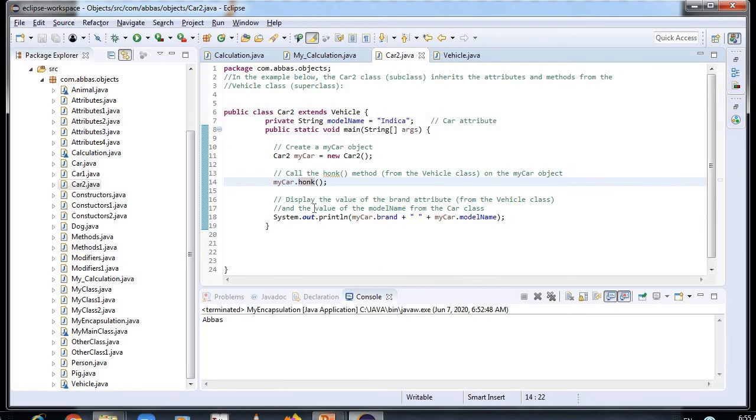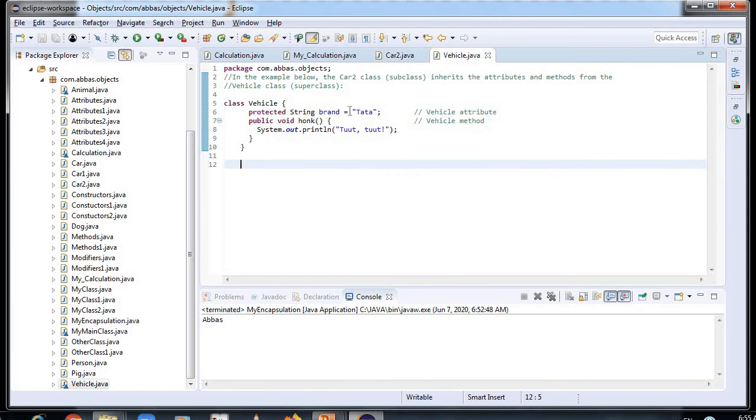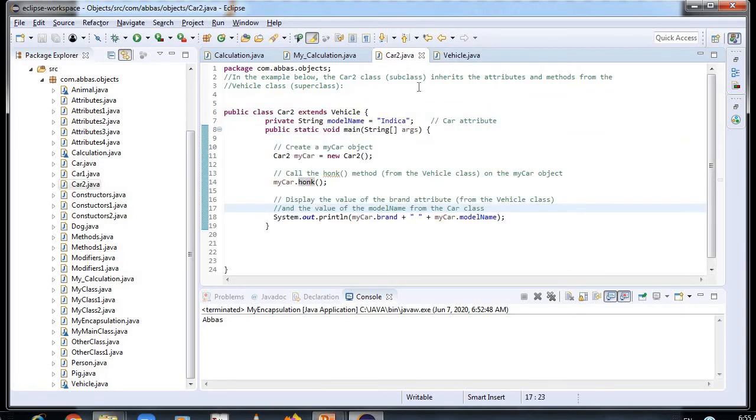Now what it will display is the value of the brand attribute from the Vehicle class, that I will show you, and the value of the model name of the Car class. This is stored over here, attributes and methods. These two things are very important over here, because here the attribute has been used and then it will be displayed, and here I had called the method.